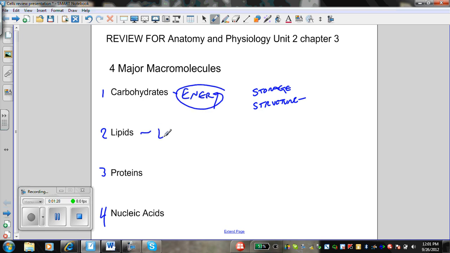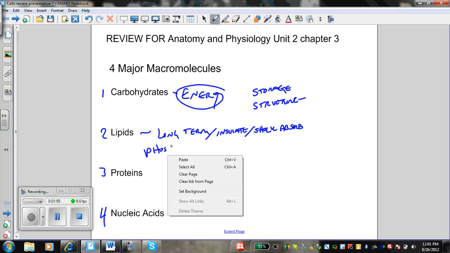Lipids are all about long-term energy. If you're talking about just the generic fat, they could be an insulation type of thing where they insulate organs or shock absorb organs. But we also have another group within lipids, not just the fat, that we call phospholipids. And you should know a pretty good amount of detail on phospholipids,